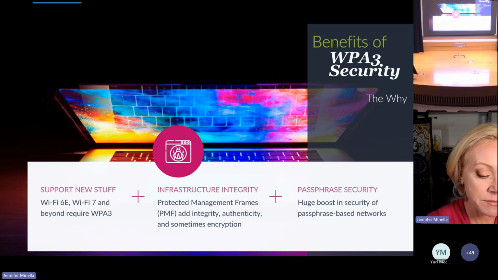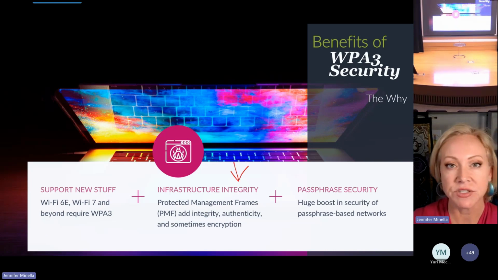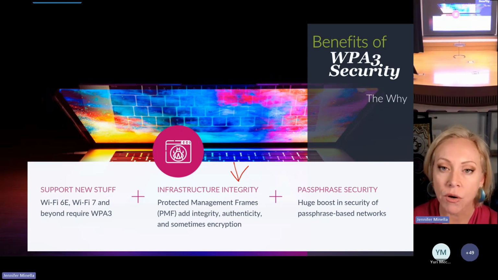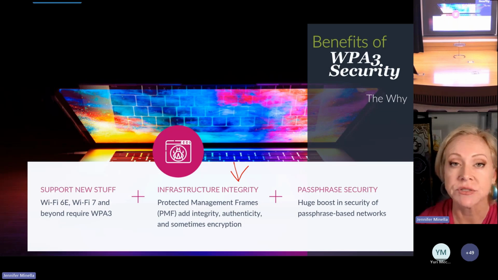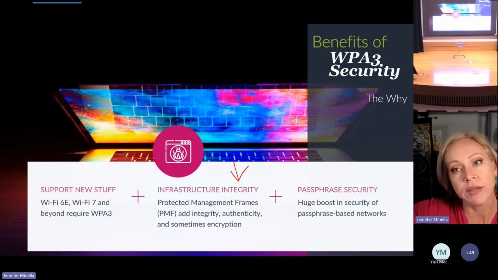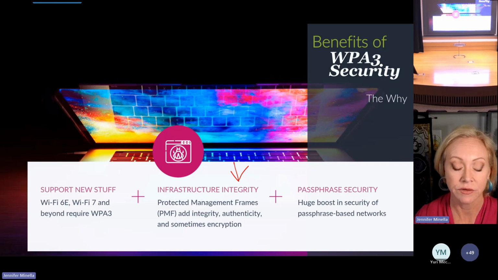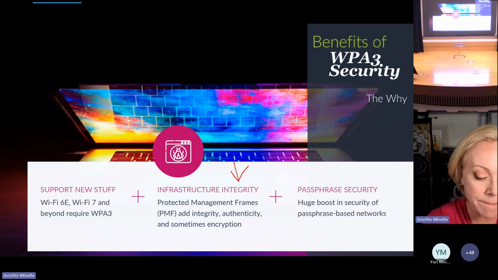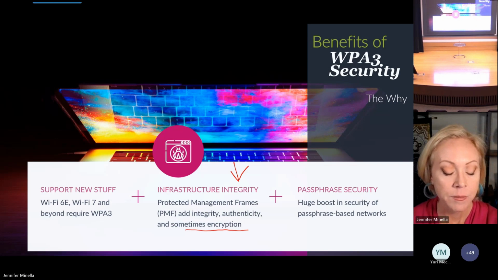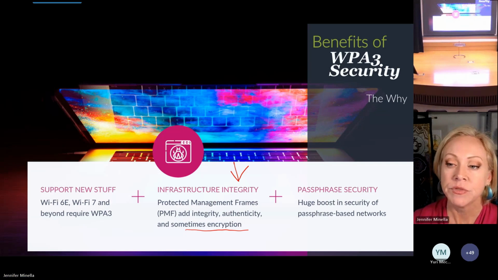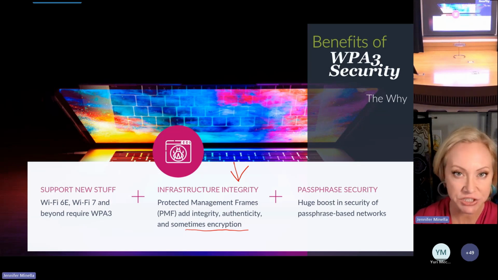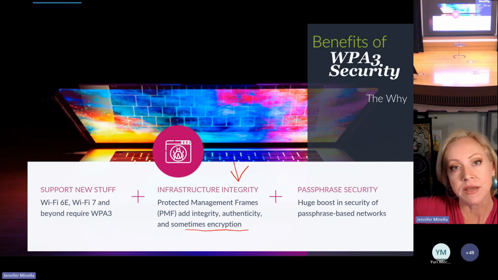And when we talk about protected management frames, there's 2 main pieces to it. Some of the frames are encrypted, which adds a layer of confidentiality, so you can't just see in plain text what's happening between an access point and the endpoints that are connected to it. So there is encryption in some. But the bigger benefit we get here is what we refer to as integrity, which is just making sure that whatever the message is that was sent between the AP and an endpoint that's connected to it,